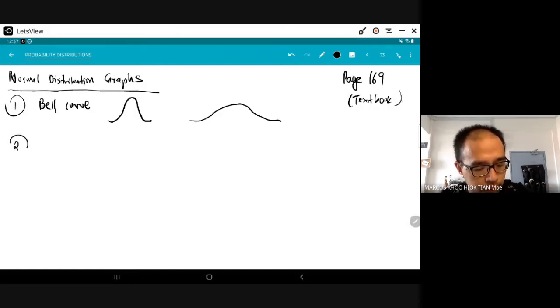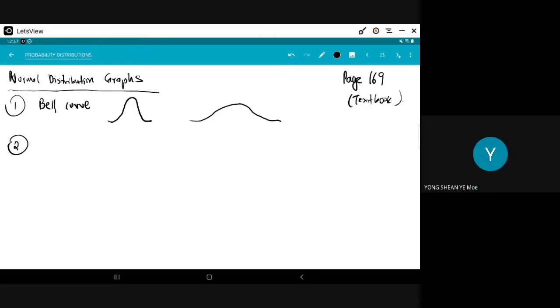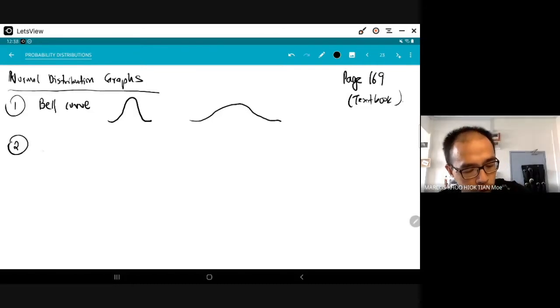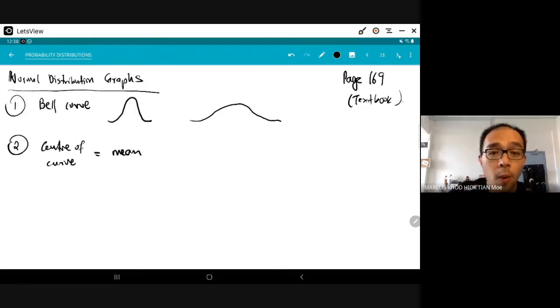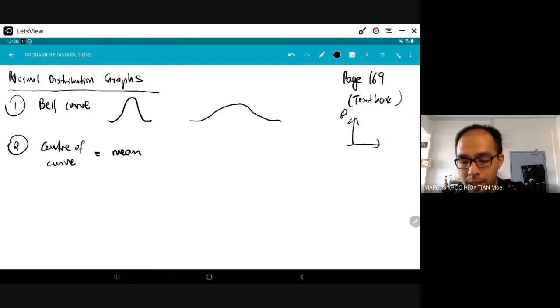The second characteristic of the normal distribution graph: the mean is in the middle. The center of the curve equals the mean. So no matter what your value is, remember your binomial graph, this is the probability and this is the values of R, 0, 1, 2, 3, 4, 5 until n. No matter what your value of R is, no matter how small or how big, and especially today we're going to talk about big R values,